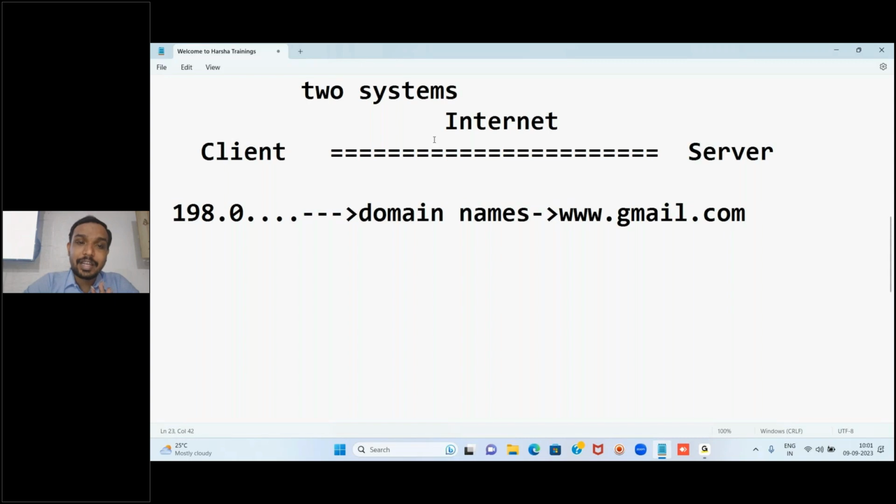This is only for establishing the connection between your client system and server system. So to establish that connection only, we require the internet. But the logic and all is again the same. In the first category also we have to write the programs. In the second category also we have to write the programs. But why we actually require the internet is this reason.